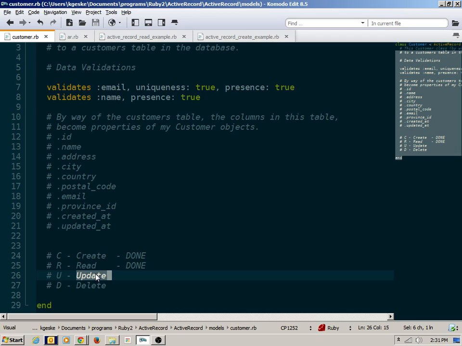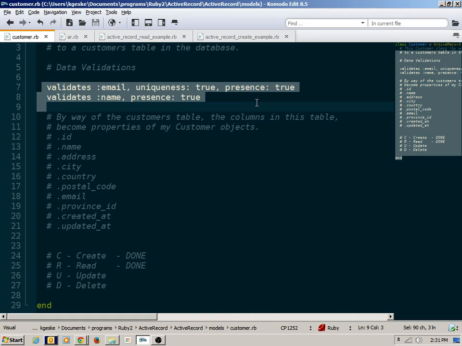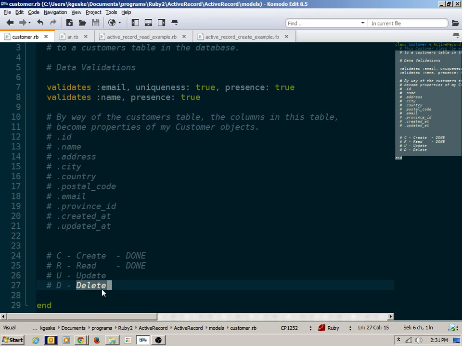Update is sort of like a special case in a sense, reading mixed with creation. We'll read database entries that already exist, we'll modify them in some way, and then we'll call save on them. Updating is still constrained with the same validations. And deletion, well, we're going to learn how to delete individual rows or collections of rows in our database table. It's a fairly simple case, right? We either just pinpoint a row or collection of rows and we just say delete these, and then they get removed from the database. So I'm going to stop the screencast and